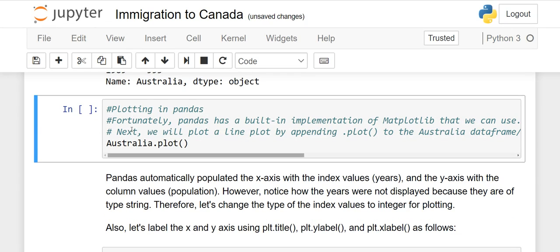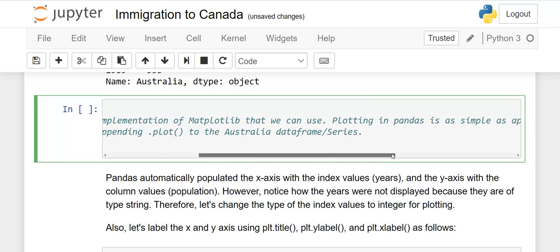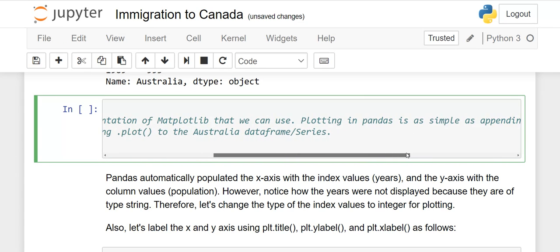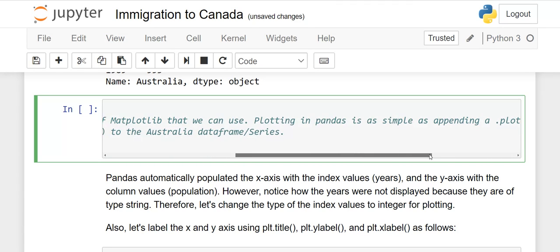Now comes the plotting. Plotting is very easy. Just write Australia, meaning the series, dot plot. Plotting in pandas: fortunately, pandas has a built-in implementation of matplotlib. See here, I have written some information. I will show it very slowly so you can read it.